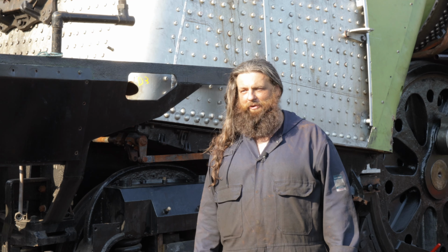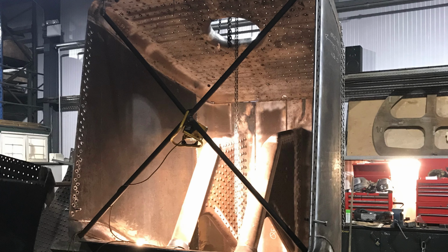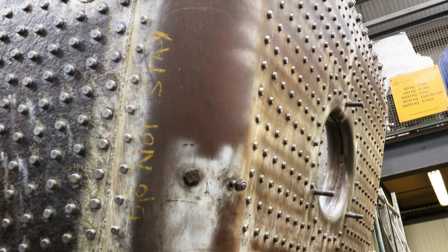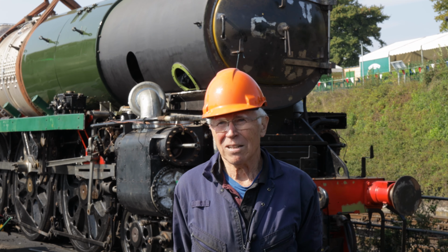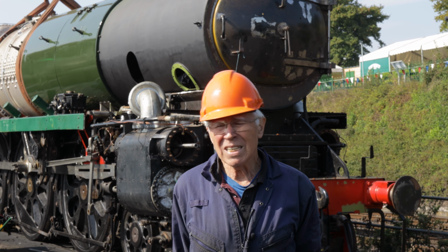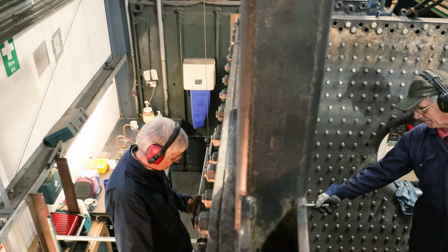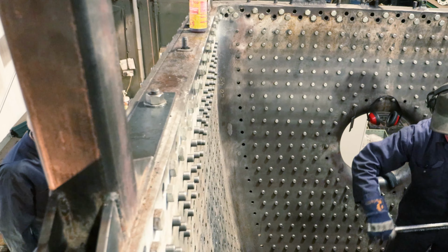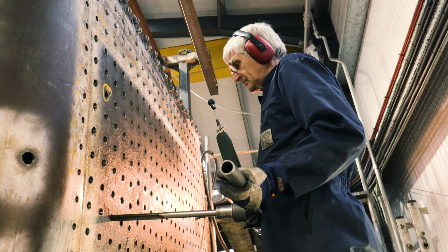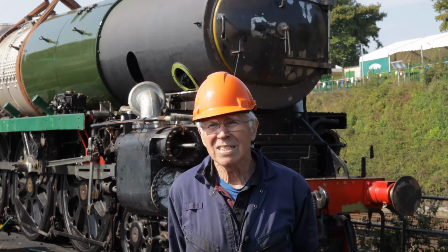It's quite something actually. So the complete inner firebox was replaced. The back head on the outside was replaced. So you've got a complete new metal inner firebox which needs about 2,500 boiler stays putting into it. And we've had a team again of about 4 or 5 of us up here just working through that, starting from marking up all the holes on the inner firebox to drilling them,